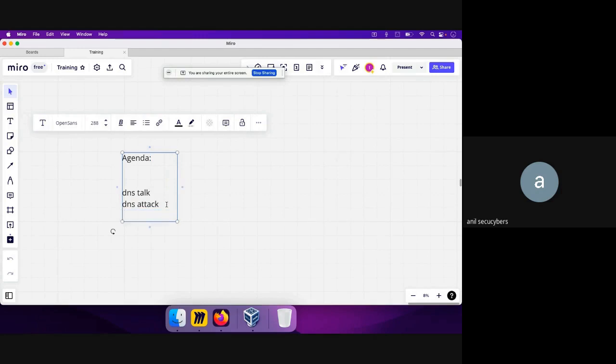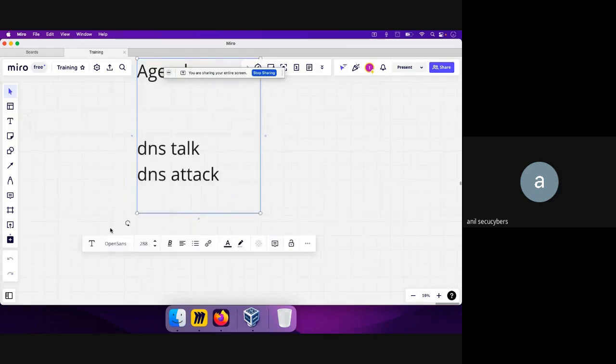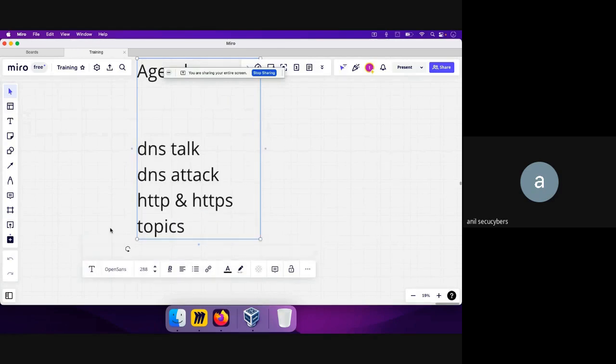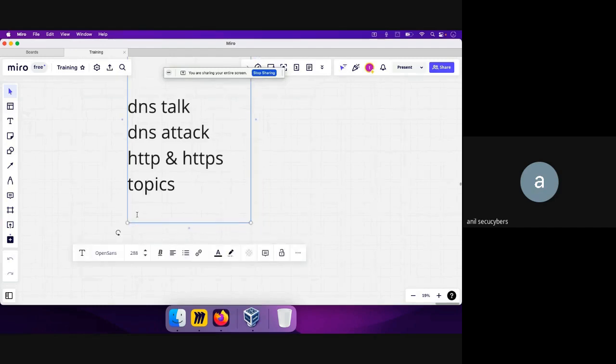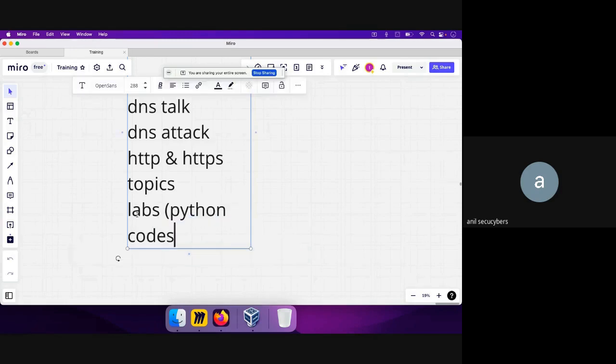And then once this is completed, we'll jump to the HTTP topic. Okay, HTTP and HTTPS, how these things work. So we'll try to understand that. And in this part, we'll be having some labs to understand HTTP and HTTPS in a much better way. Maybe the labs will be a combination of Python code,